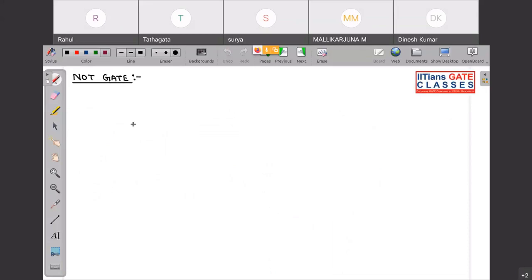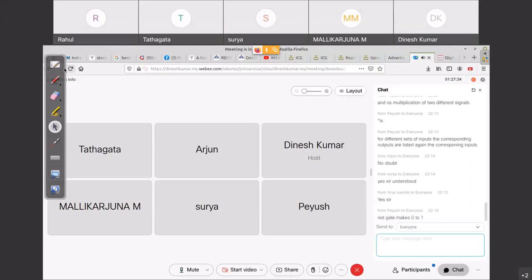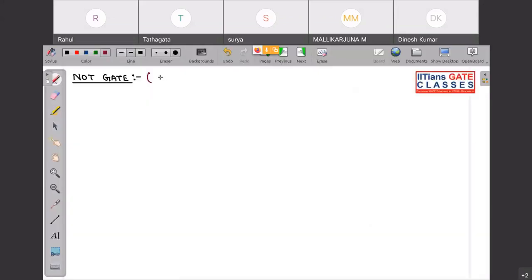Anyone want to say what is a NOT gate? A simple basic representation, or I should say a simple real life example of a NOT gate. Anyone want to say what is a NOT gate or another name for NOT gate? Anyone? No doubts. Okay, fine, very good. See, NOT gate is basically an inverter. Okay, inverter you can say, and its logical symbol